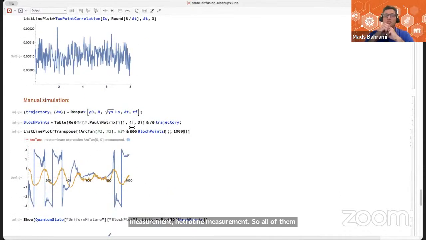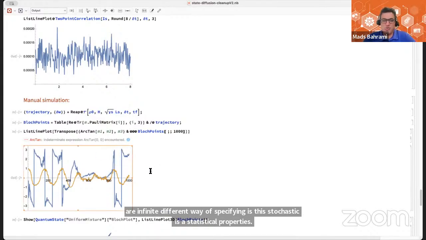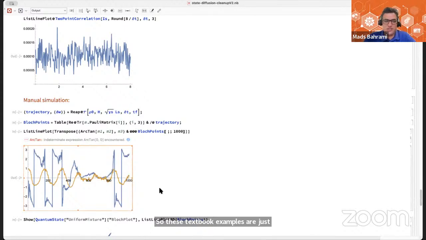Why haven't we included them as built-in functionalities? It's mostly because for any of these noises, there are infinite different ways of specifying the statistical properties. So these textbook examples are just simple examples. I'm sure any researchers who are working with these noises would say, oh, I don't want,